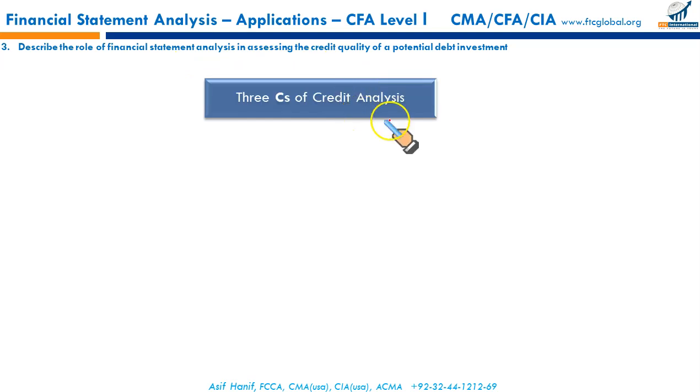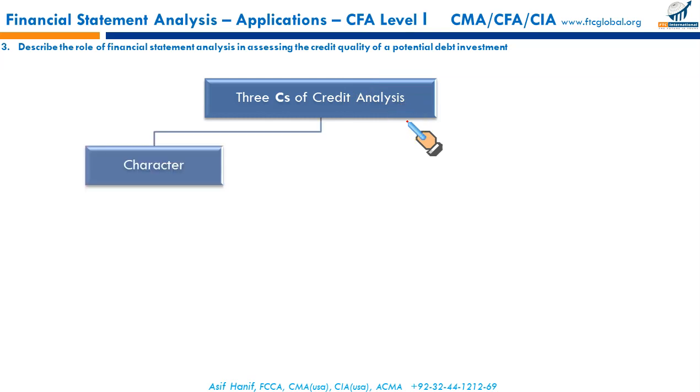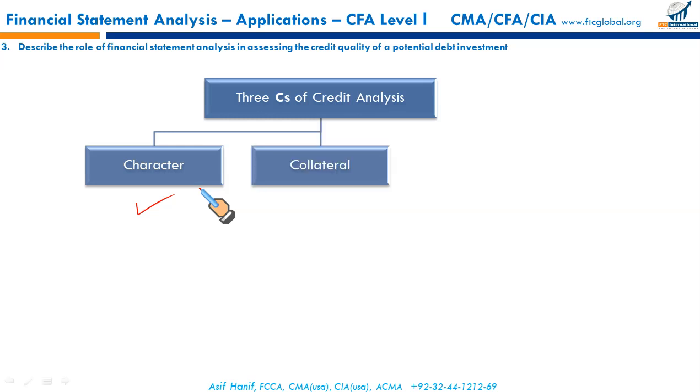There are 3 C's of credit analysis. First, if you want to invest in some debt investment, the character. Character of whom? The character of the directors and managers of the company whose debt you are going to invest in. Management's professional reputation. History of the debt repayment. Have they committed any default previously? Have they been regular in the payment of interest and redemption of the bonds on due dates? This is the first step. Collateral.